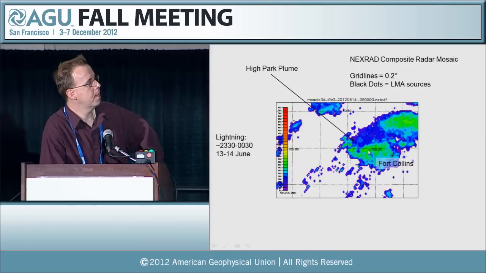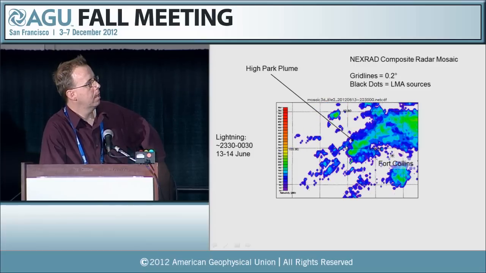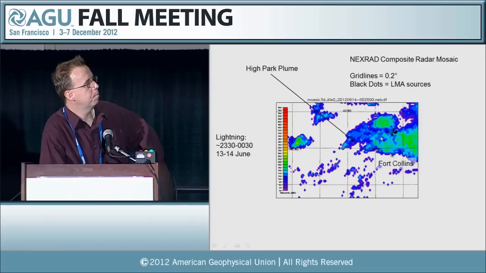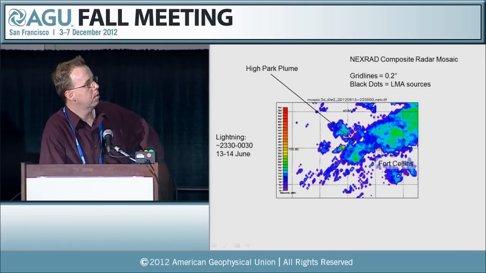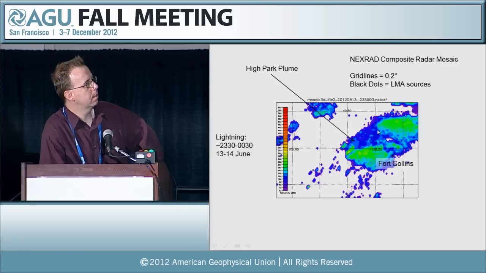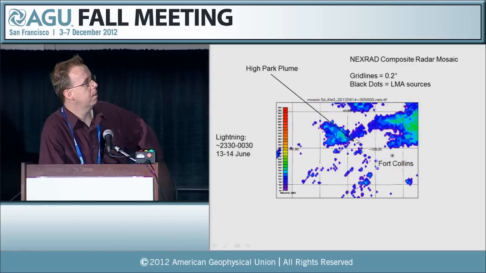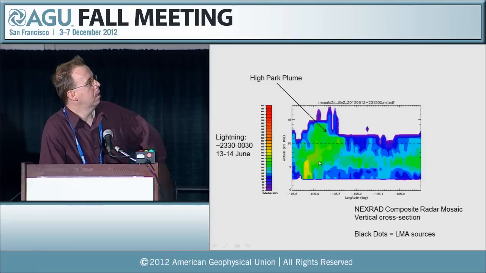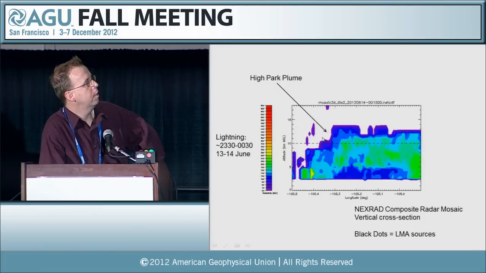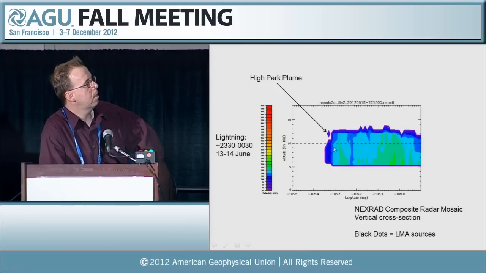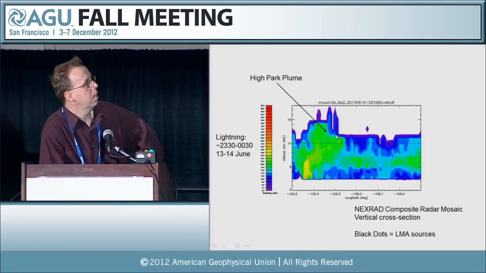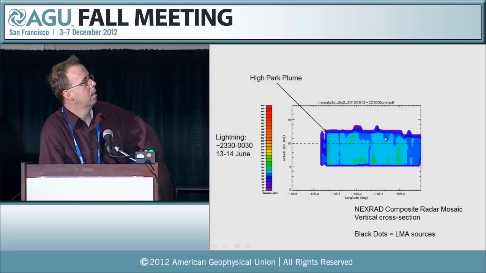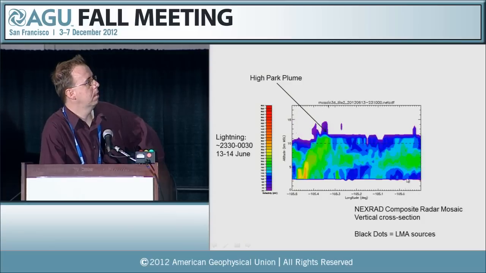So what I have here is just an XRAD composite. And it's a little hard to see in here, but this is where the fire is, and then you've got these little bursts of plume that come off, and you see little bits of black dots, and that's the occasional electrification of the plume. Again, vertically, you get that deep development above 10 kilometers MSL, and that's when you actually get the lightning there, and then it just kind of drifts downwind. This is going from west to east.